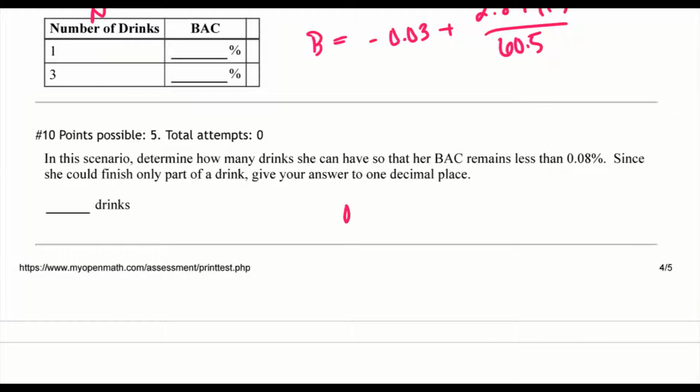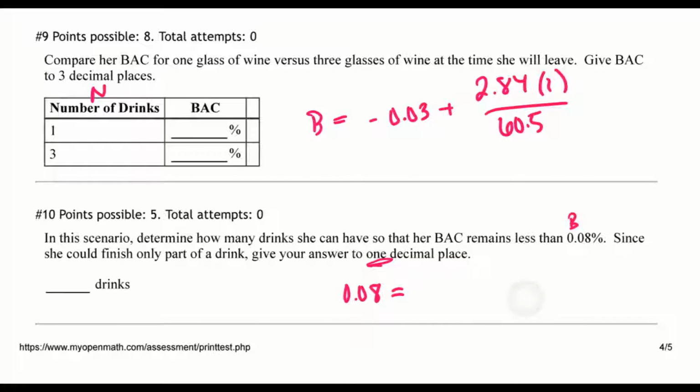So then you can use that scenario, plug in, remember she has to have below a 0.08 in order to drive legally. So we would plug that in for 0.08. And round to 1 decimal, how many drinks can she finish if she plans on leaving in